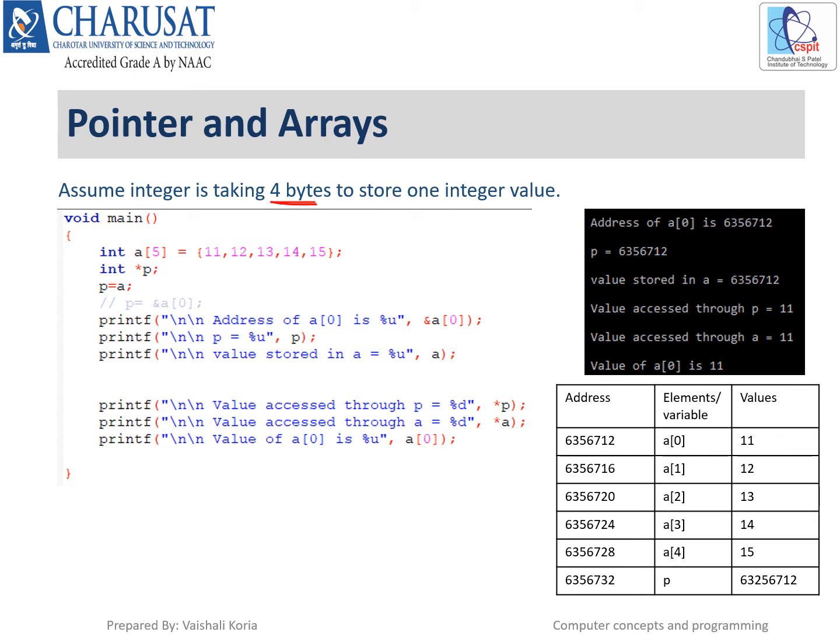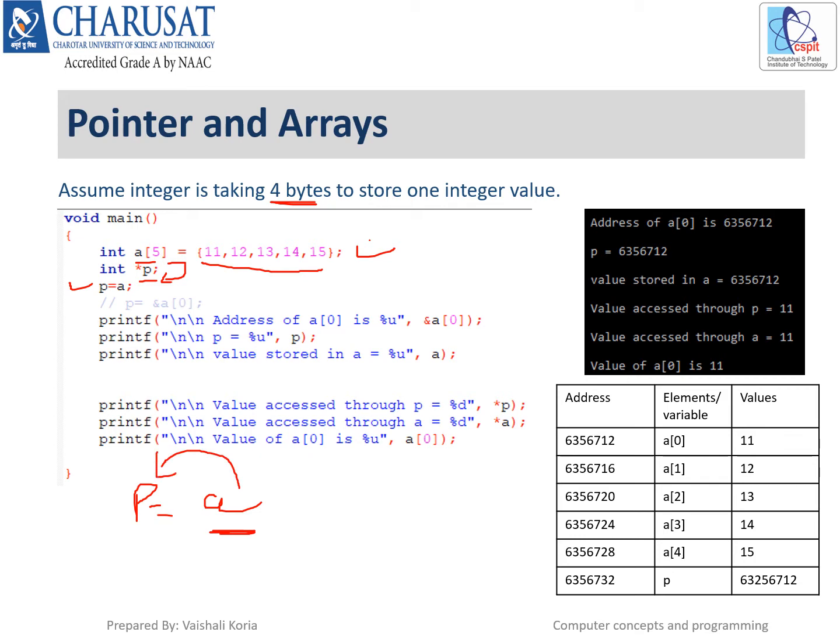Okay. So now here we have declared one array a of size 5 and we have also given the values at the declaration time. So the array is initialized. Then we have taken one pointer variable p, right? Now if I want to assign the address of this array to this pointer variable p, I need to write this statement, p is equal to a, right? Because a is containing the address of the first element, so that address will be stored in the pointer variable p.